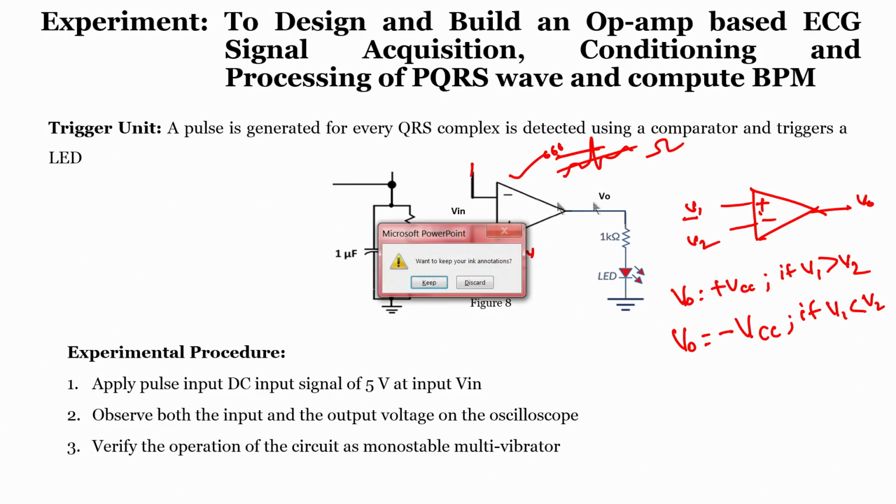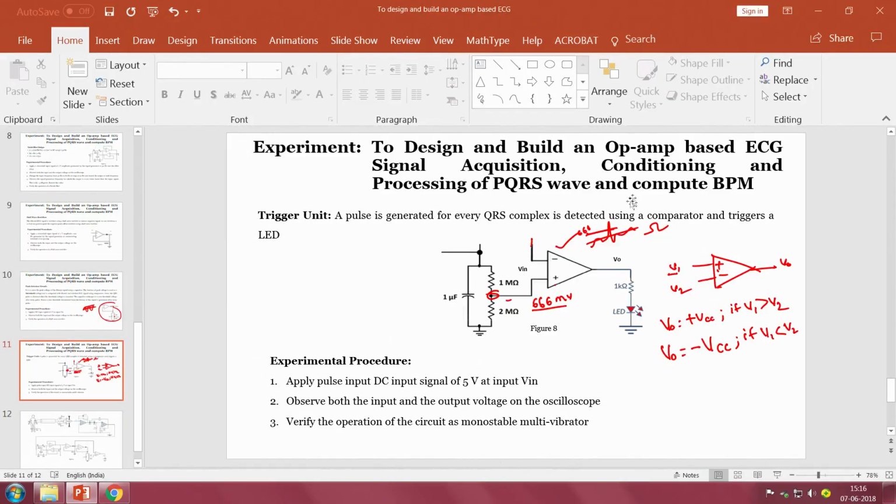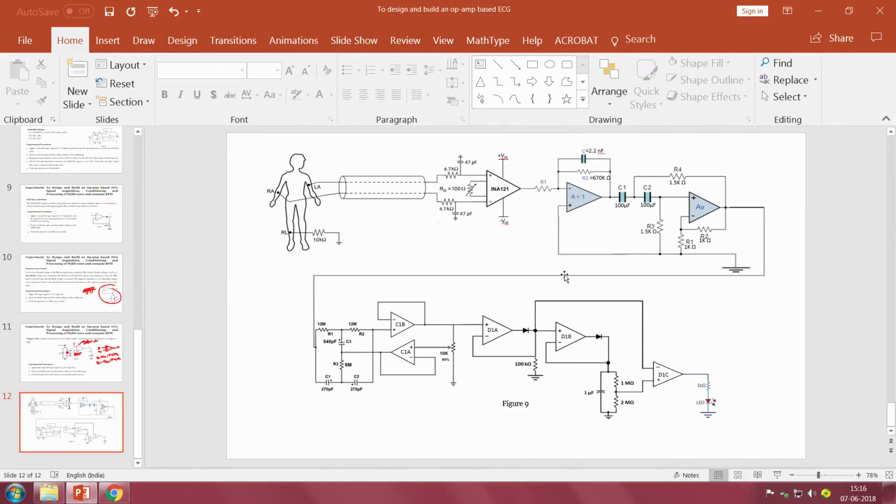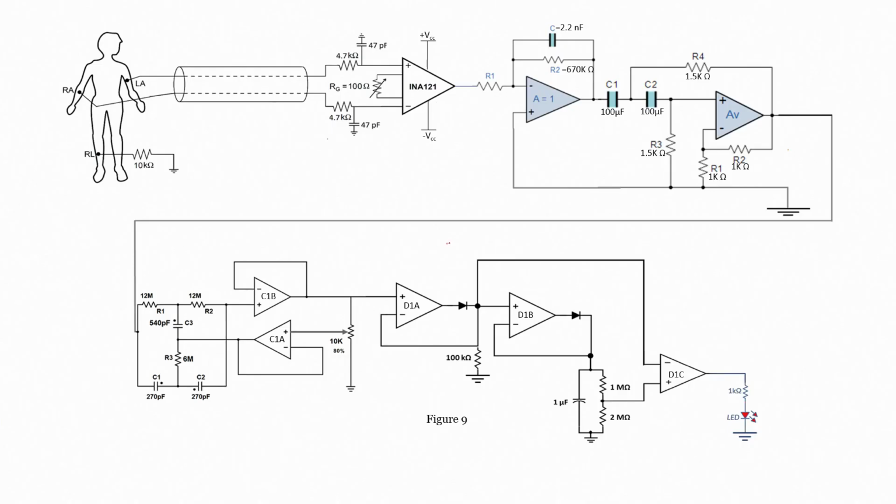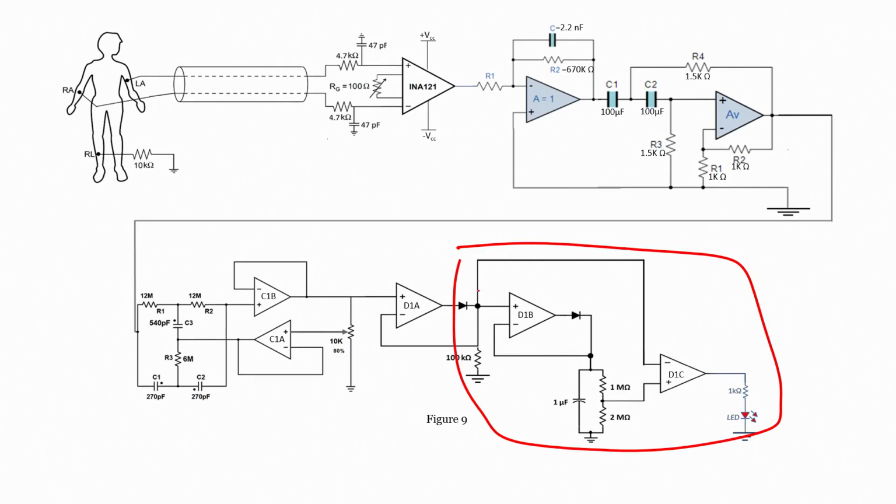So, what I will do is implement the same circuit. If you remember, this particular portion we will implement now. Here we will apply the actual input signal. This input signal we are applying, and here it detects a peak and generates a threshold that we will compare with the input signal, and we will observe whether we get pulses only when the input is greater than that or not.